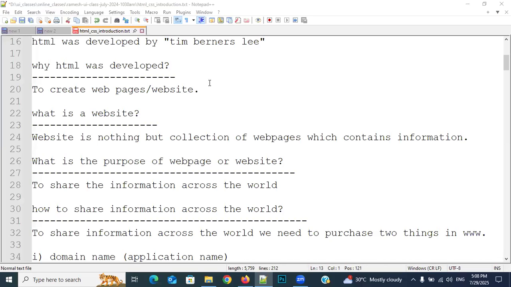So, in the last class, we have successfully discussed what is UI, what is UX, what is the difference between them, and what is their role, the UI role, the UX role, and everything we have discussed very clearly. And we have understood how many departments there are in the software industry, like SDLC.